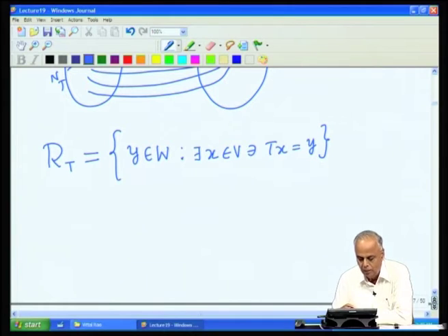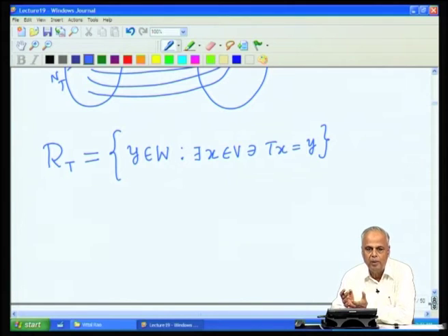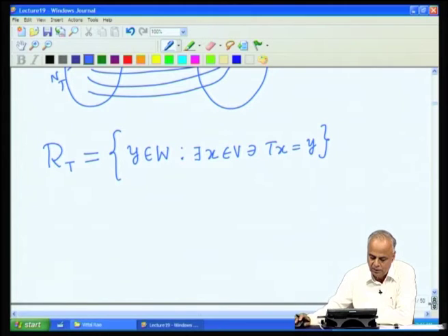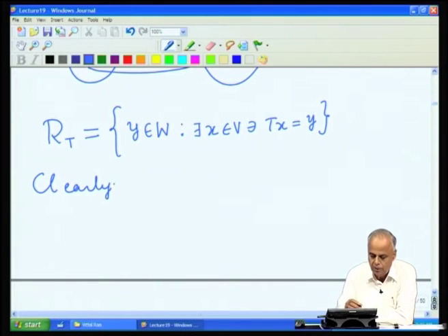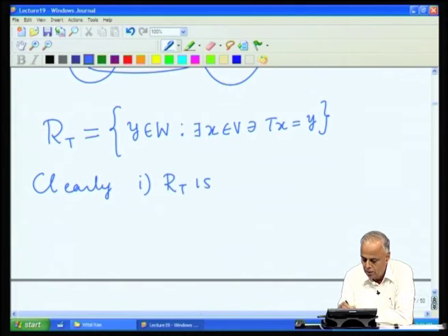T x equals y. We also say that R T is the collection of all the values taken by the function T. T of x is the value of the function at the point x. So, y is the value of the function T at the point x. We are collecting all the possible values that the function T takes. Now, clearly, since this is a collection of vectors in W with a certain specific property, it is a subset of W. R T is a subset of W,